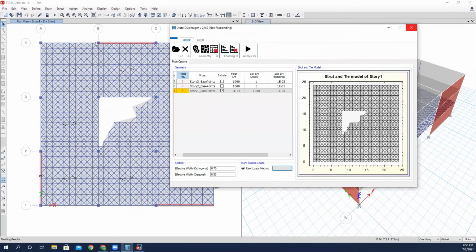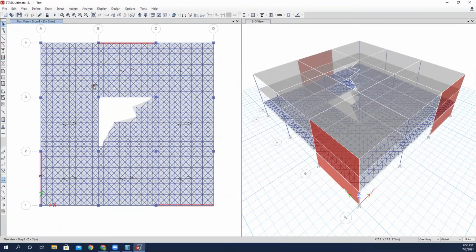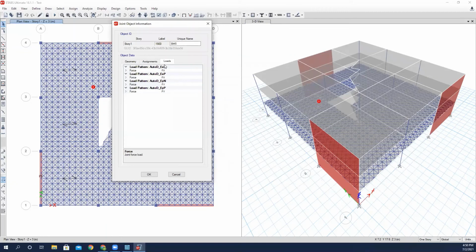So it runs the analysis, it reads the masses, it distributes the total load between the joints based on the tributary mass. It is still doing the process, and then opens the ETABS log for you, so that you've got the model ready for you to use. Yeah. So now you can see here, if I go to the loads here, I can see the loads that